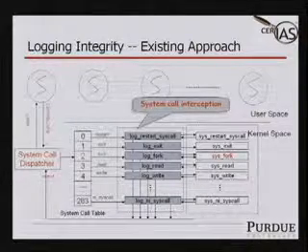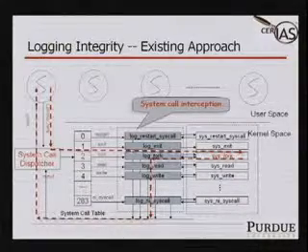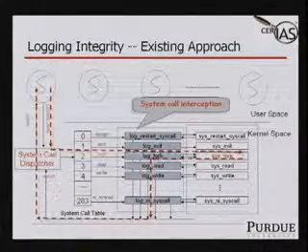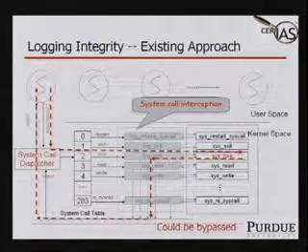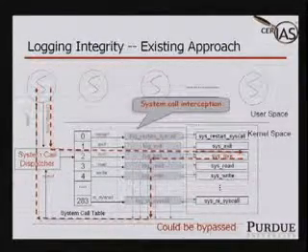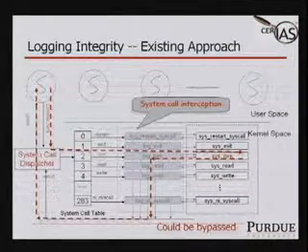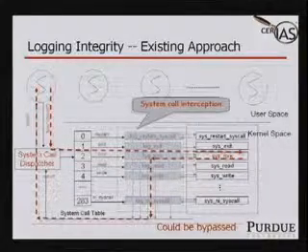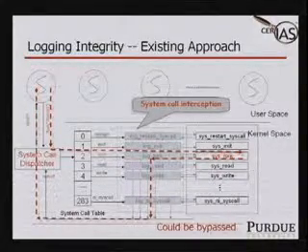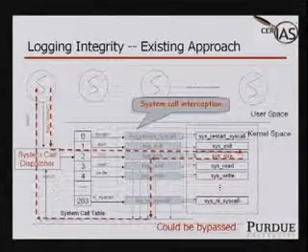Once you have that, you can intercept the call, and the system call execution path will have to go through this logging mechanism because everything has to be logged. The problem is that this can easily be bypassed. There have been reports showing that such system call interception mechanisms can easily be either bypassed or fooled, and this can be done even